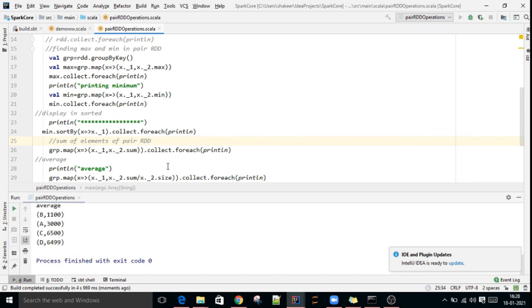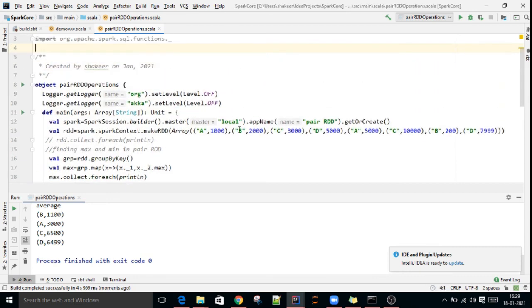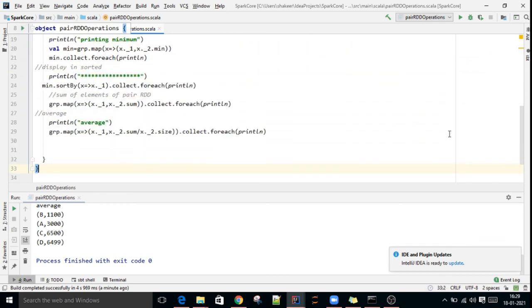So for average, B's average is 1100: 2000 plus 200 is 2200, divided by 2, so 1100. Like that, the average came.